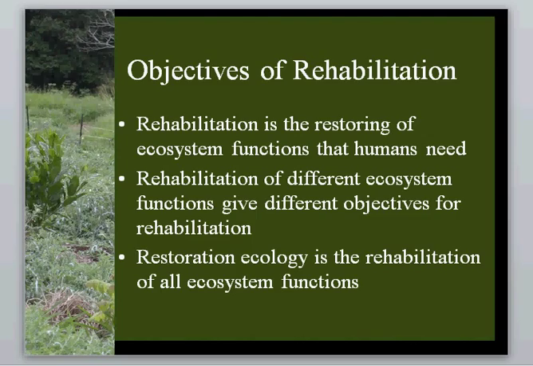If we want to rehabilitate for aesthetic reasons, the ecosystem function there, which is of value to humans, is making the area look pretty, or to hide an ugly piece of human activity on a landscape. So the ecosystem function there would call for tall vegetation, which is able to hide things, and give humans an aesthetic